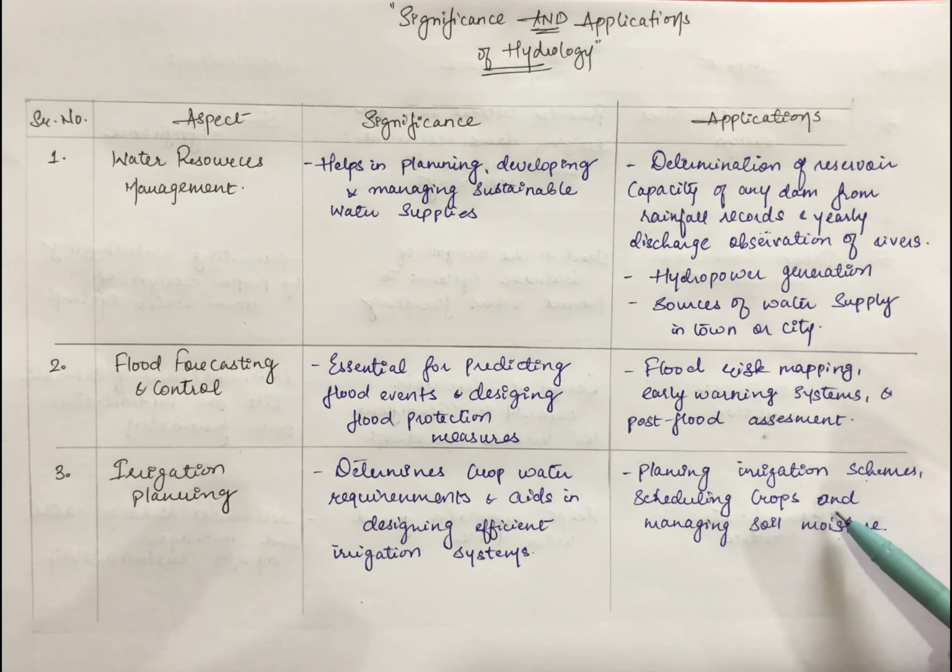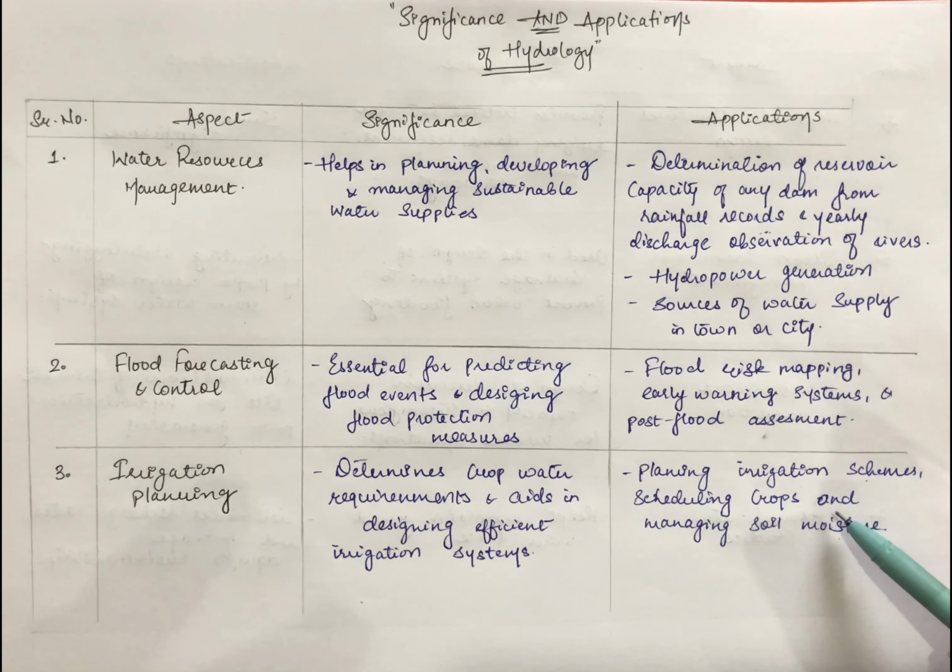The next aspect of hydrology could be urban stormwater management. When floods come into the cities or towns, hydrology is helpful in the design of drainage systems to prevent those urban floodings, and its applications are preventing waterlogging by proper designing of stormwater systems so that the public transportation system is least affected.